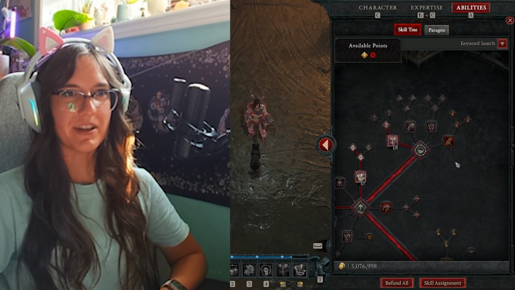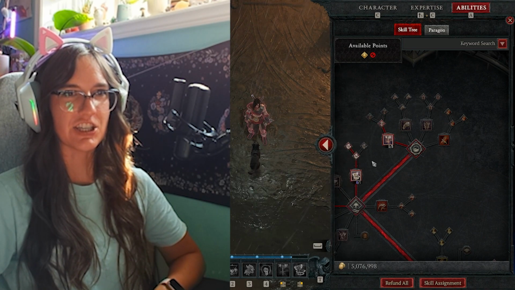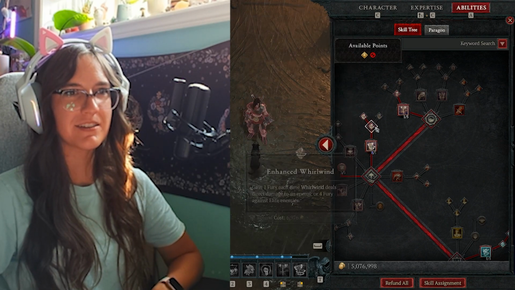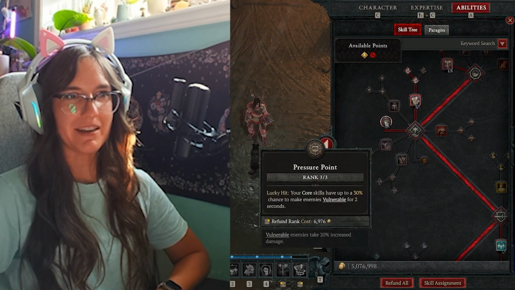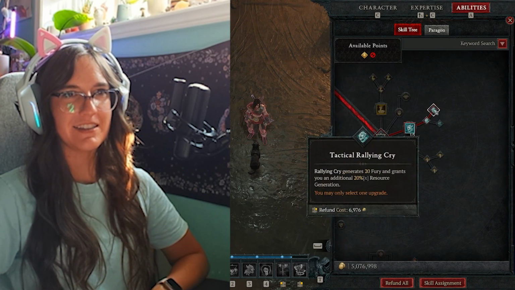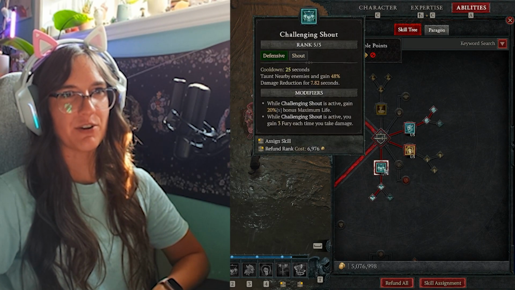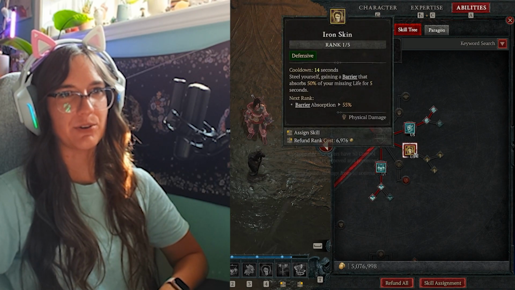Alright, so starting with the skill tree, we have lunging strike and enhanced lunging strike. We need this to be able to get here to use whirlwind, enhanced whirlwind, violent whirlwind. Our whirlwind is maxed out, pressure point, and then we have one to rallying cry, enhanced, and tactical rallying cry, and then we have challenging shout maxed out with enhanced challenging shout and tactical challenging shout, and we have 1